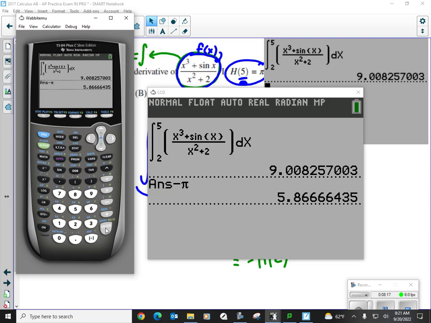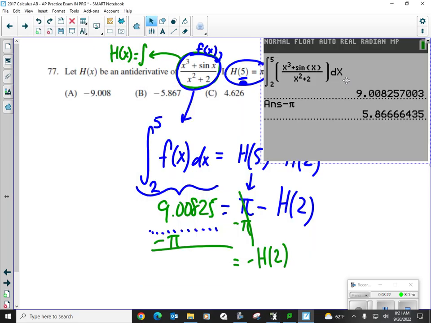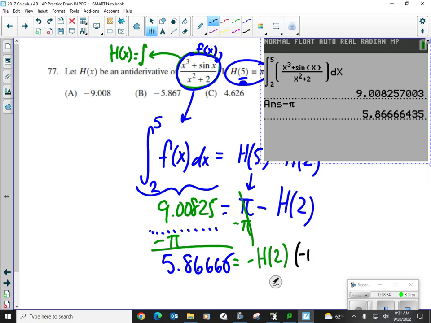Now it's 5.866666, so this is going to replace now. Boom. So it is 5.86666. I want to find h of 2, not negative h of 2. So let's just multiply this side by negative 1. Multiply this side by negative 1, and I get negative 5.86666. And if I round that to 3 decimal places,